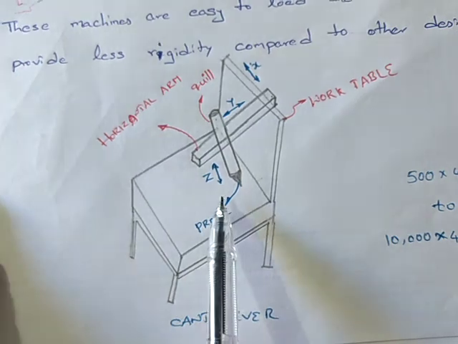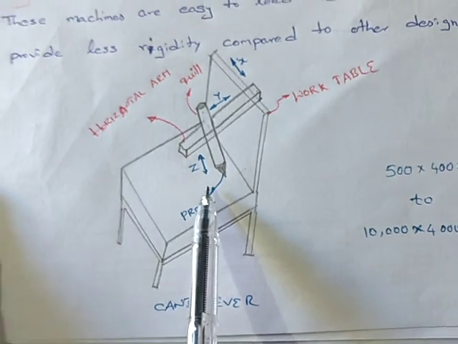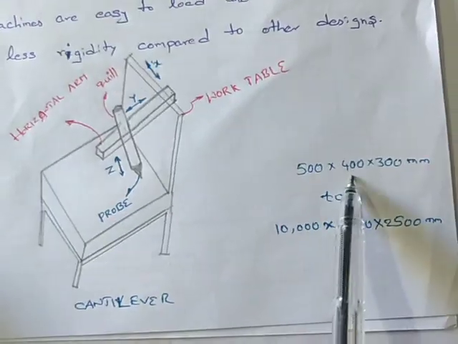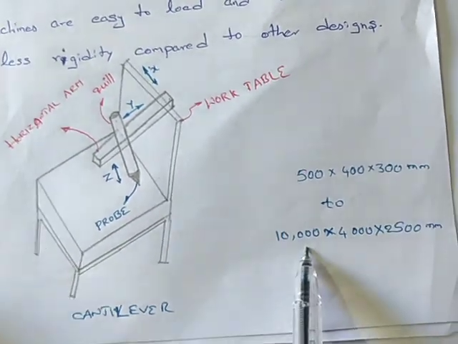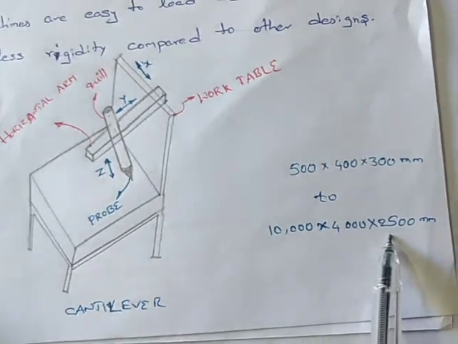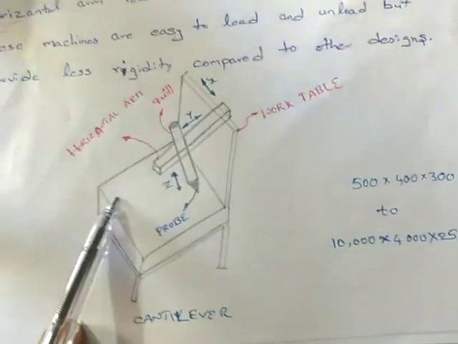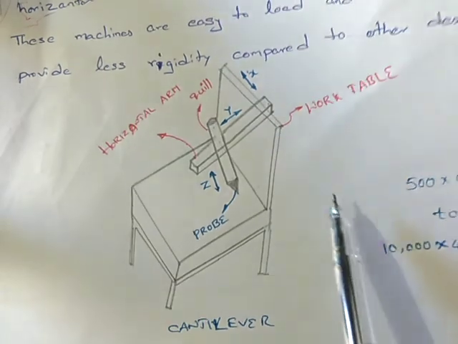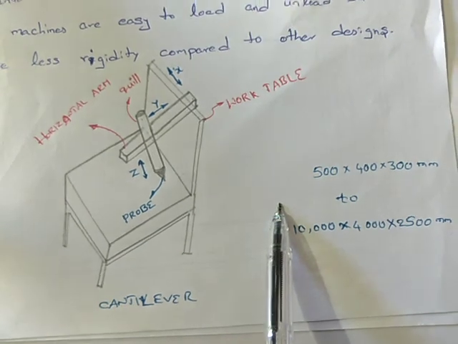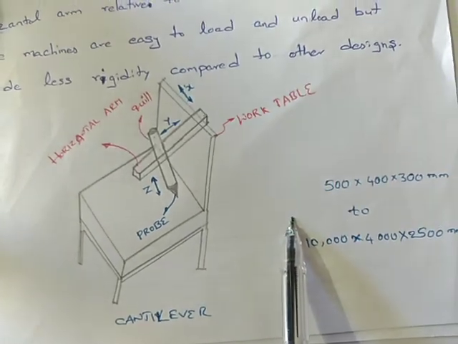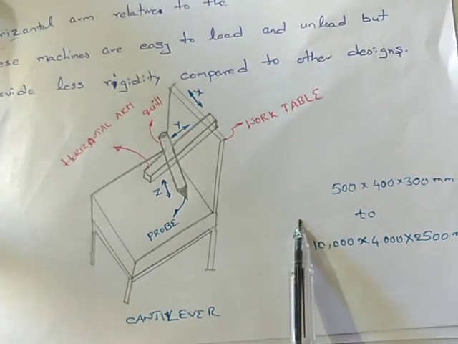Coming to the dimensions of the job that a CMM can handle, they vary from 500 x 400 x 300 mm for a small table type machine to 10,000 x 4,000 x 2,500 mm for a large gantry type system. The measurements of the machine may be obtained with the help of a vernier scale, or a digital reading, or a computer based system with an inbuilt inspection software. The linear accuracy of the machine is of the order of 1 micron,